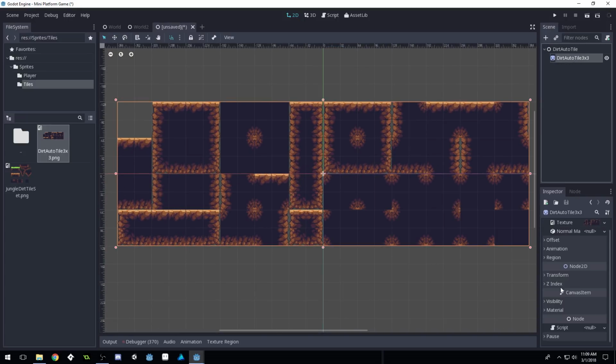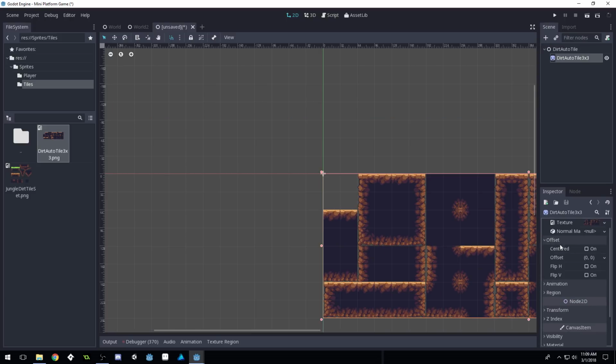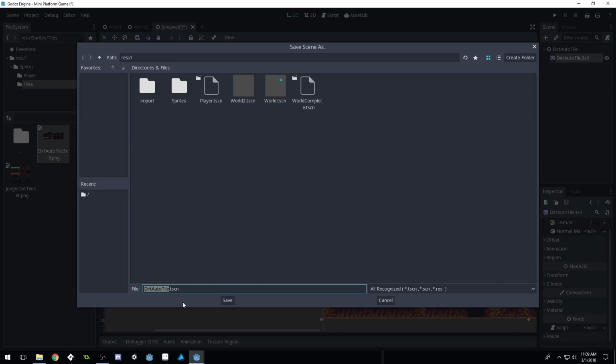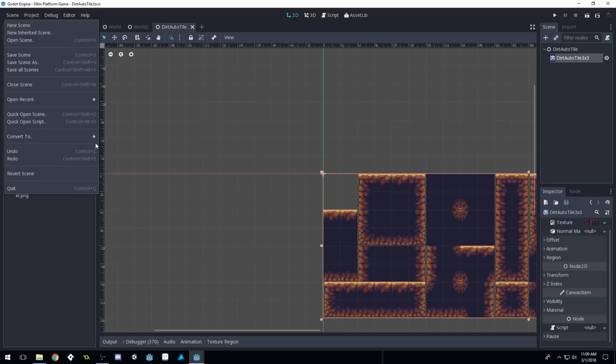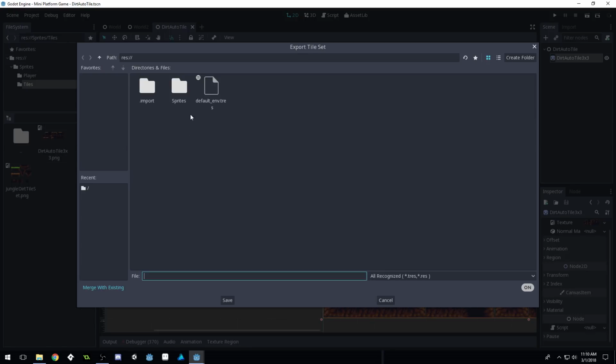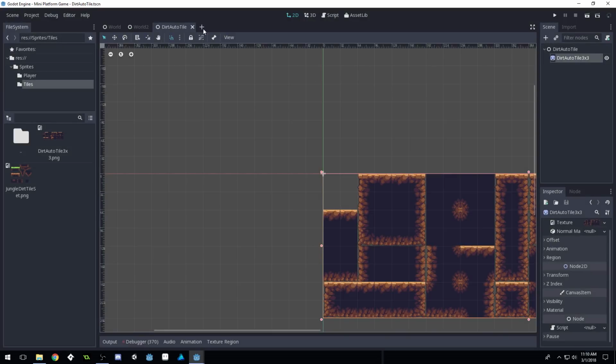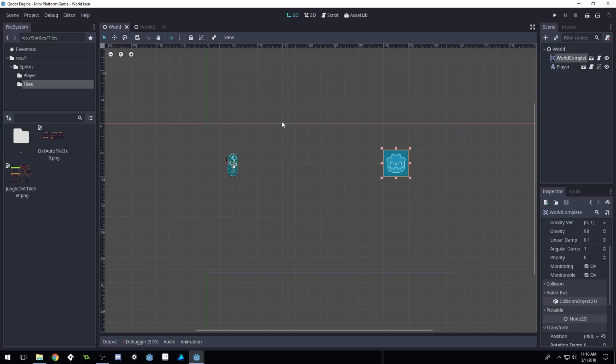And then click on this. We're going to set centered to false, so uncheck centered on your sprite. And under transform, make sure it's set to 0, 0. Save this scene as dirtautotile.tscn. And then I'm going to convert to tile set, dirtautotile.tres. Okay, now we can close out of this scene, come into world 1, and if we come back into our